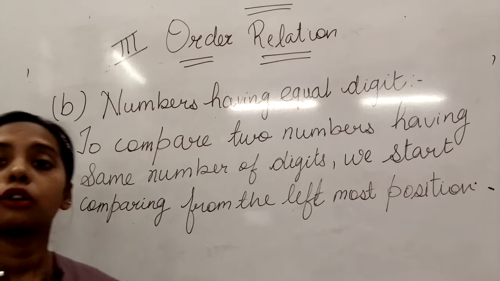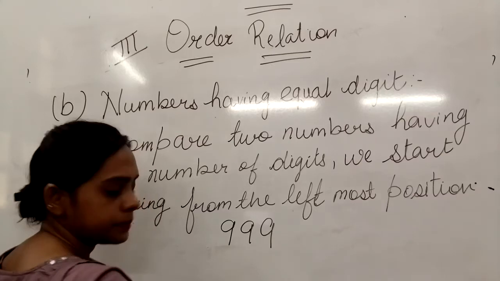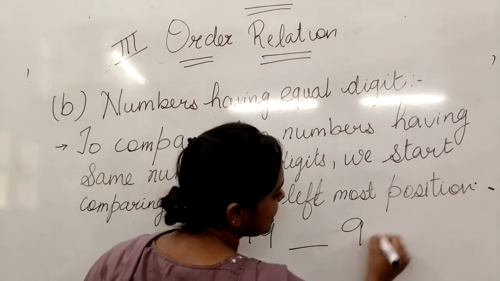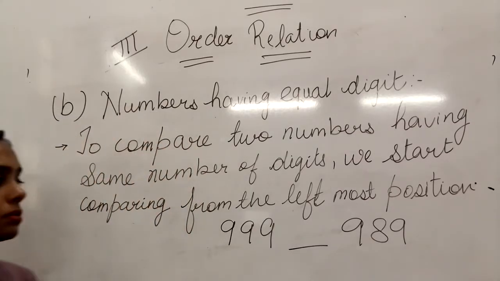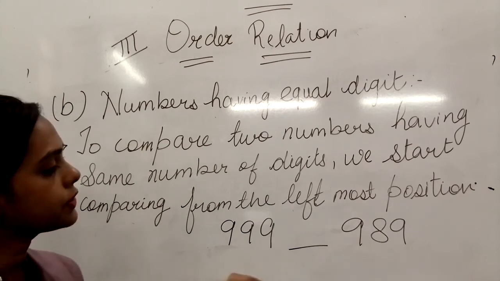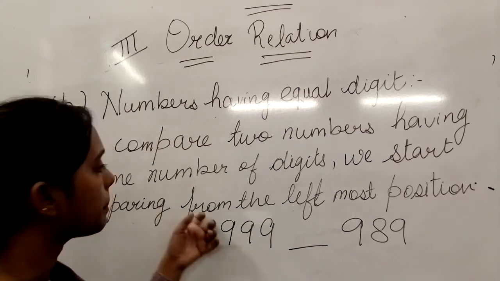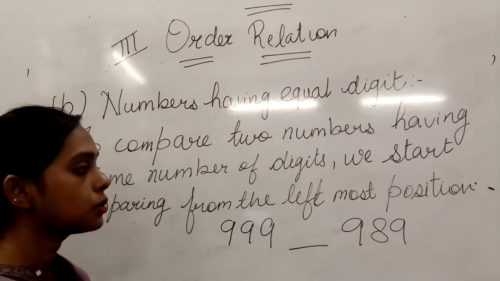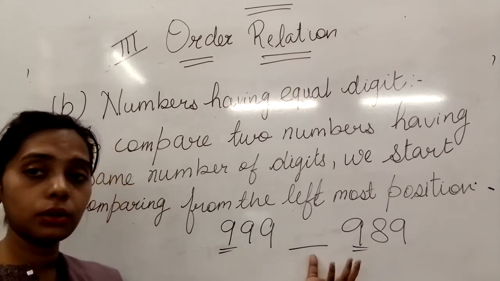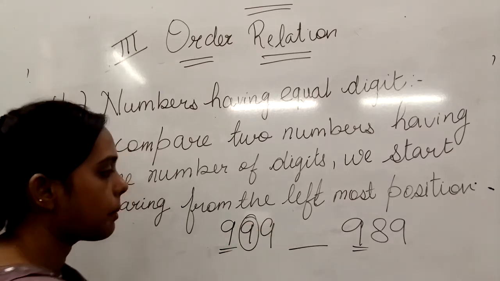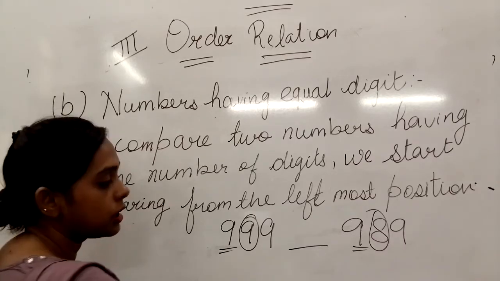Now इसका मतलब क्या है? What will you start doing? Suppose the numbers, again I am writing those same numbers, 999 and then you have 989. Now what is happening? What are you going to do? First you count the digits, 3 digits, left and right both have 3 digits. Now what will you do? You will start comparing from the leftmost position. तो आप leftmost position से start कर दोगे compare करना. 9 equal 9, तो आप इसको ignore करोगे. Then see the next digits, 9 and 8. Now which number is greater? 8 or 9? 9.